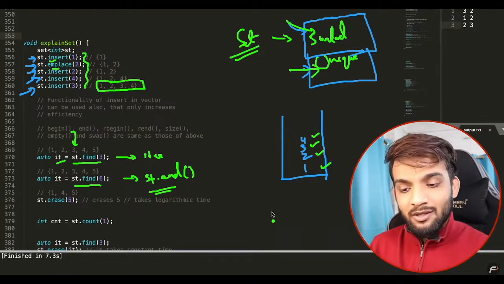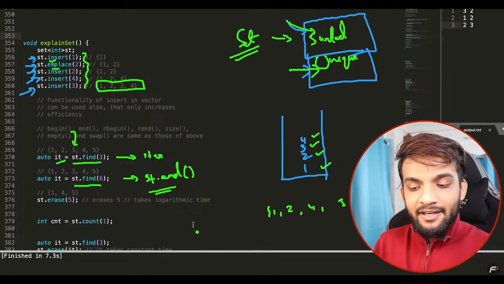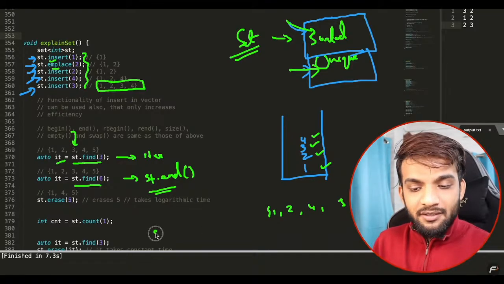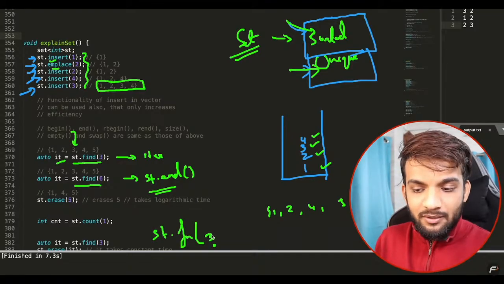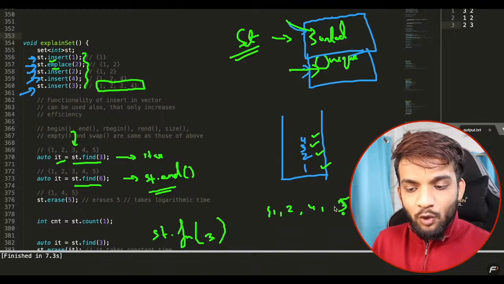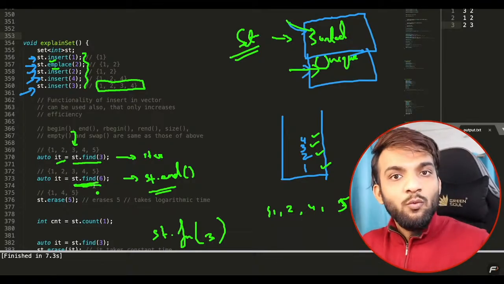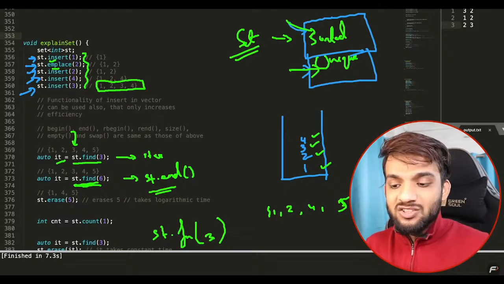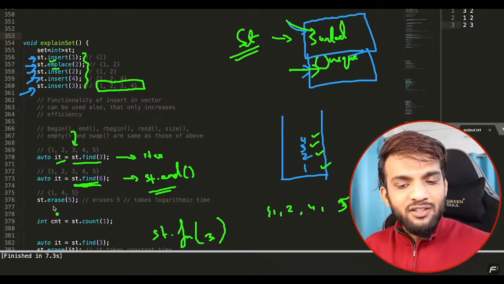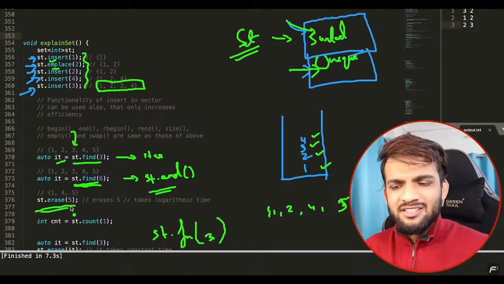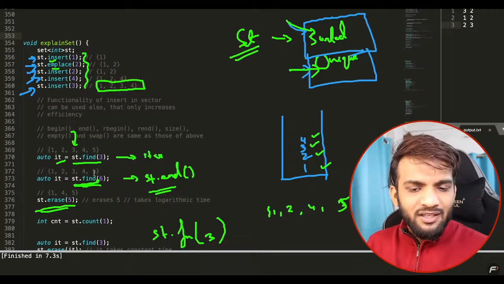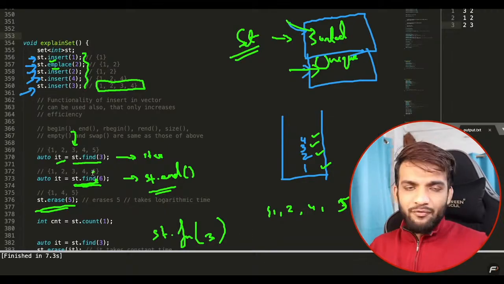Imagine the set is having 1, 2, 4, 5, and you did set.find 3. And you don't have a 3. So you will have an iterator end. This is the iterator which points after 5. After 5. That's where dot find will return the iterator to be. It points afterwards. Okay. And after this, there is set dot erase. Very simple. Erases this guy 5. Erases this guy 5 out of it. Like if this is the set,